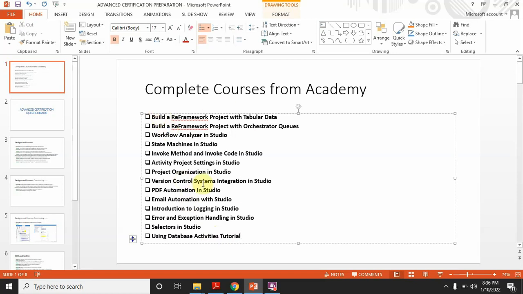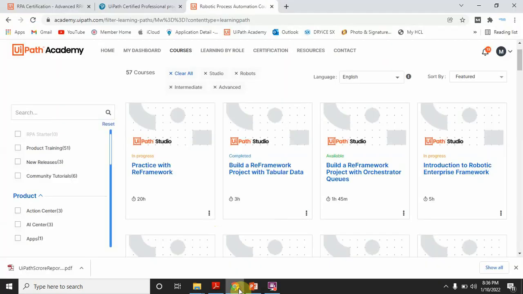These are some of the courses that you can prepare directly from the Academy, and you will find questions after each course, so just do those questions. It is better to prepare pointers in your notebook or diary, so that before the exam you can go through all the steps, because it is not possible to go through each module every time. It's good to make pointers. This is how I have done it, so it's all up to you.